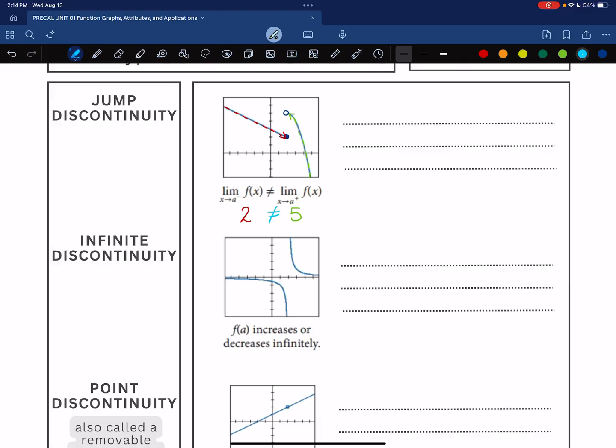So that is what a jump discontinuity is going to look like. There's this break in the graph and it jumps to another height. It just breaks at one point and it looks like they shifted the graph. And so what we would say here is that this function has a jump discontinuity